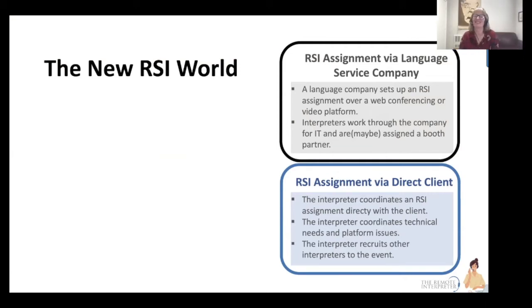Yeah. So RSI is a new world, and we have it coming in two different ways. Either with a language service company that's setting up the RSI assignments, they've got the web conferencing or the platform you're going to use, and you work directly with that company. Maybe they have an IT person assigned, or you have a booth partner. All that stuff is coordinated by them. Or you have it as a direct client where you've contracted directly and you have to be your own IT person. You have to coordinate all the platform needs and the arrangements to get into it,